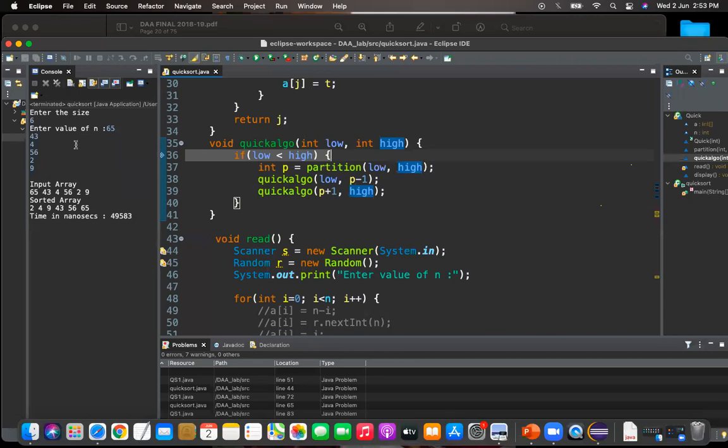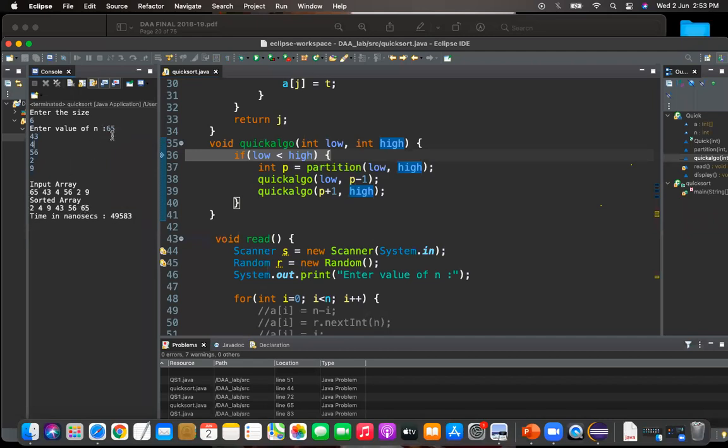So for this array, when you call the partition function first, in our example 65 is the pivot element. It will not divide the array into half; 65 will go to the end of the array itself.